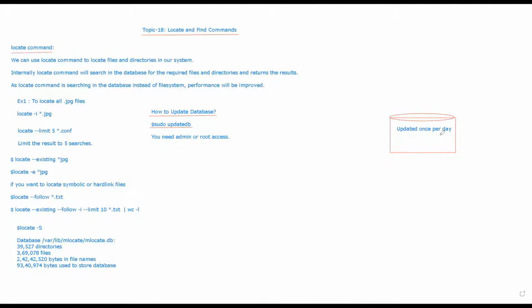It will record all the changes, and once in a day, it will update those changes in this database, and they will be available once that update is done. If you want to update it, you should do sudo updatedb. By using this, the database will be updated, and you can expect the fresh result. So this is about the locate command.